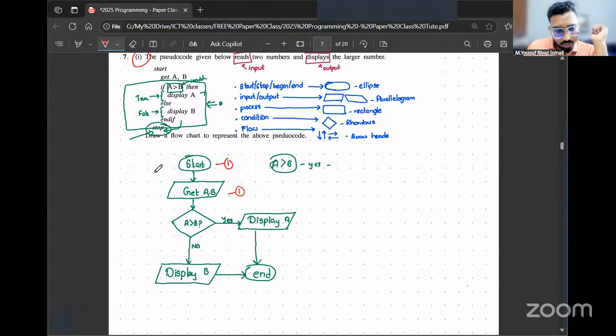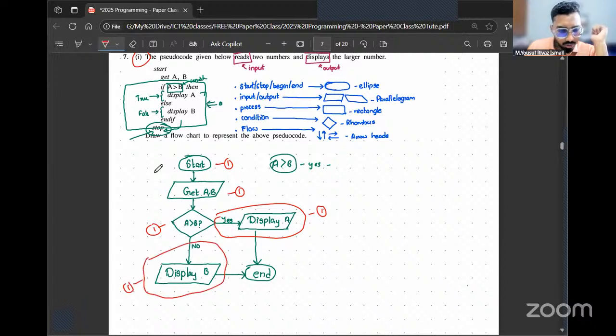One, two, three. And in front of yes, if you have display A, four. In front of no, if you have display B, five. So one, two, three, four, five. And if you have both of them coming to end, six. Put one mark each. So you get 6 marks here total.